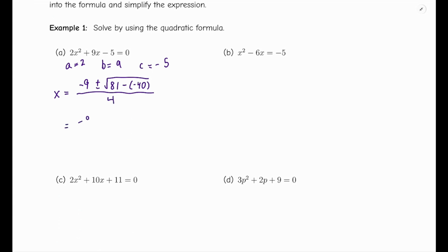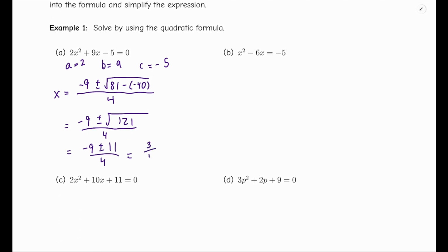So we get negative 9 plus or minus the square root of 81 minus negative 40, so that's plus 40, so 121, all over 4, which equals negative 9 plus or minus 11 over 4, which equals